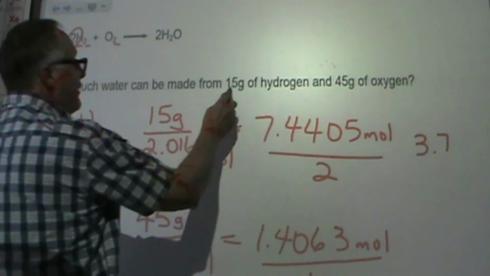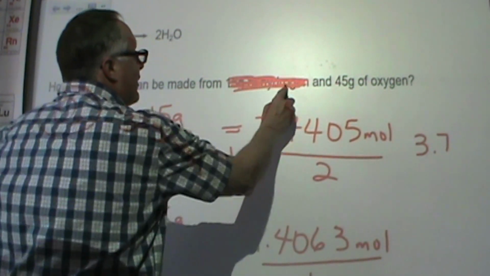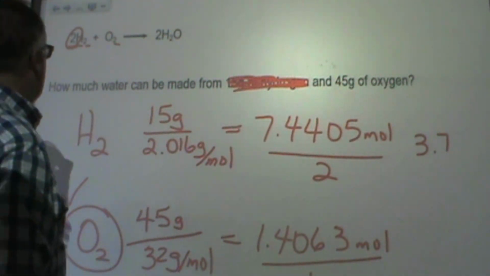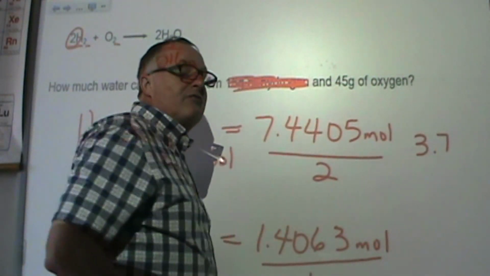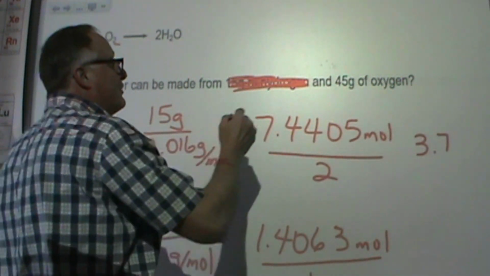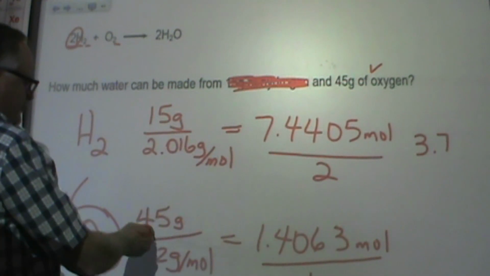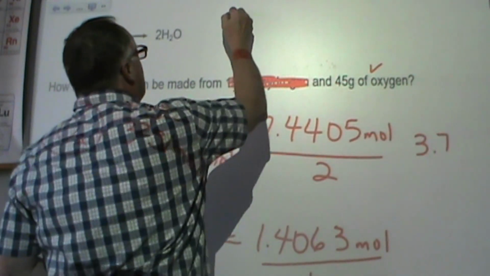And so this part, unless there's a second part to the question, we aren't going to need now. And the question is just like what you could have answered earlier in the chapter, how much water can be made from 45 grams of oxygen? We just needed to know which one of them we're going to use. So now we're going to start with, you could start over from here again, but we've already turned it into moles. So we can turn it into moles,